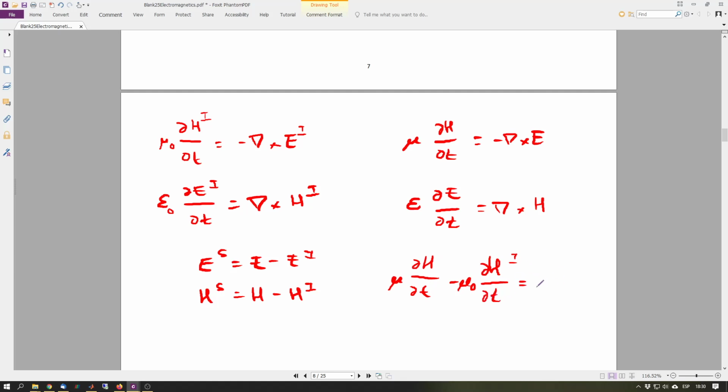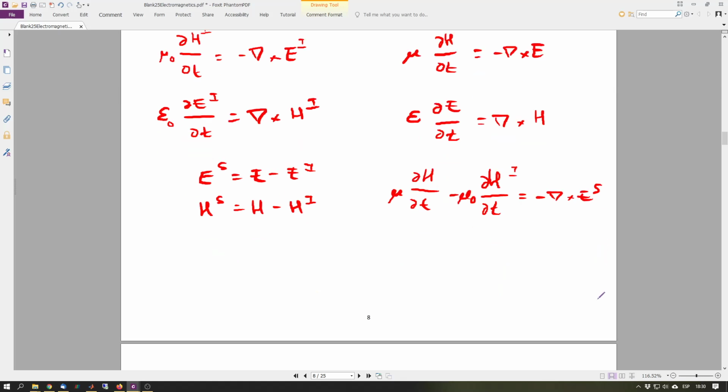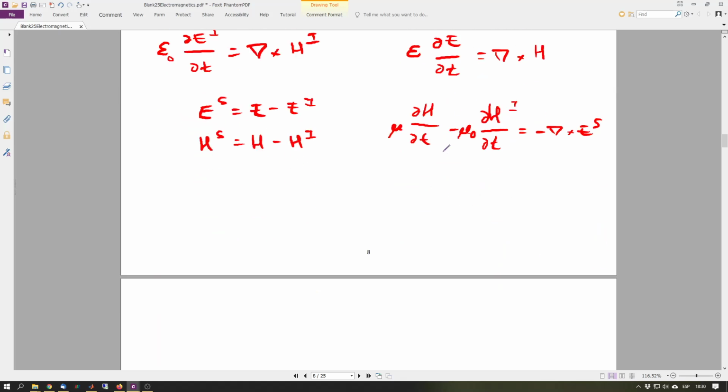It is equal to minus the scattered field term, and the same for the epsilon also here. Okay, so we have in this an E,